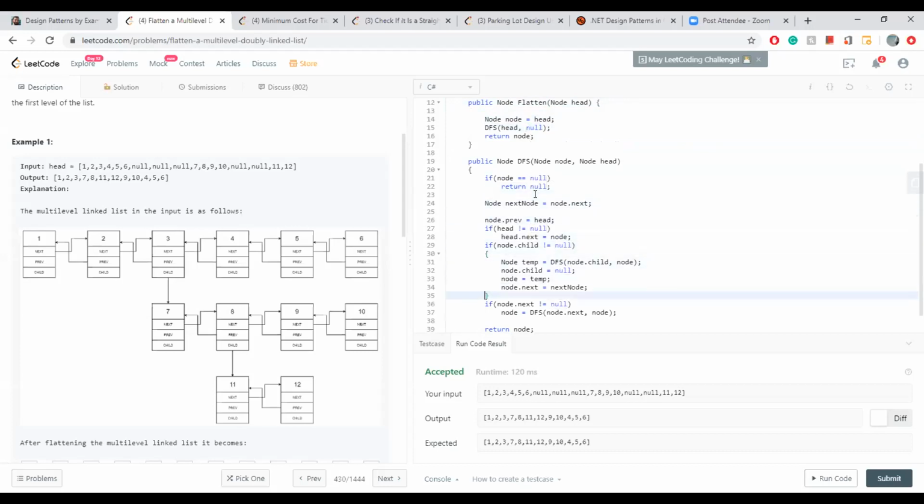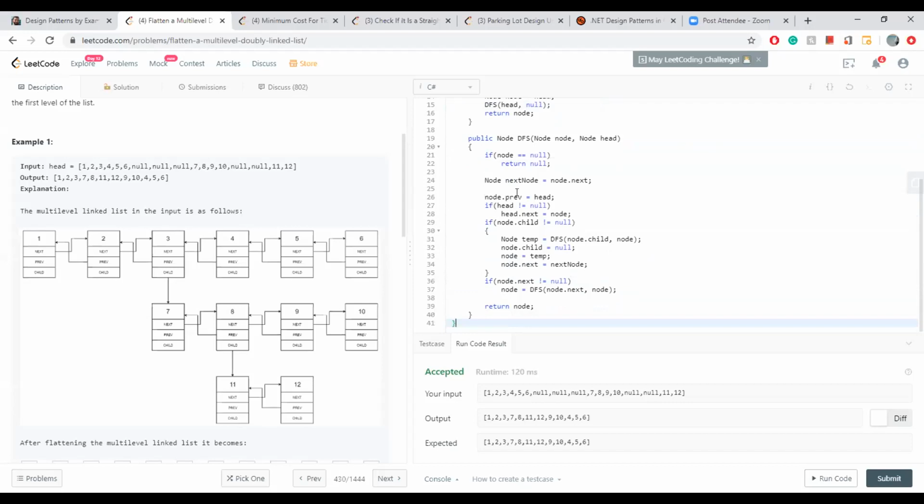Every time I enter into the DFS, I do node.previous equal to head. Whenever I find a child, I enter into the child, and I pass node as child and head as node. So these first 3 steps take care of linking the previous and next.